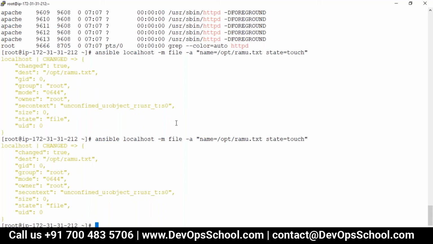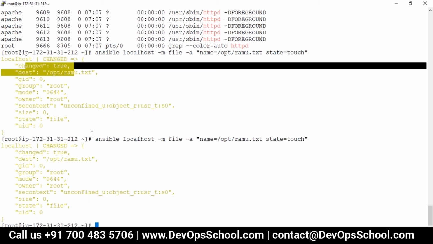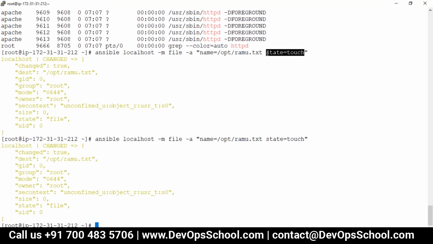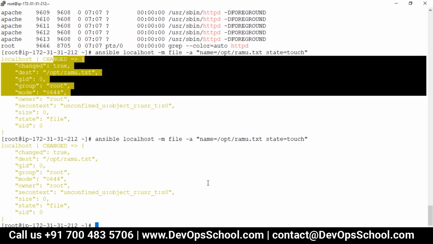Because we used touch. See guys, the behavior of touch is to change the timestamp all the time. This is not the way to create a file. We use this like a way to cheat actually. Touch state means changing the existing file's timestamp. If the file does not exist, it will create a dummy file. That is the thing. So there are so many modules, blockinfile module and all. You can create a file, but for the time being, I'm just explaining the behavior. It's not always that you run two times and you get true and false. Not like that. You have to also understand the behavior of state. Okay, so that's the thing to understand.